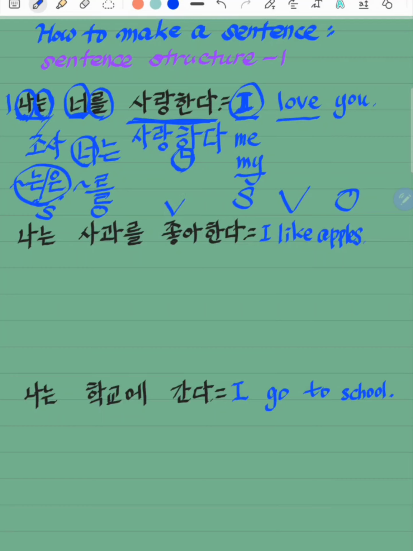So here, let me summarize it. Instead of changing the forms of pronouns in the Korean language, we use lots of grammar particles to indicate this is a subject, or this is an object, or this is the possessive form. So the original form of the pronoun doesn't change. Instead, we add a grammar particle depending on the use of the pronoun. That's the takeaway number 1. Number 2,